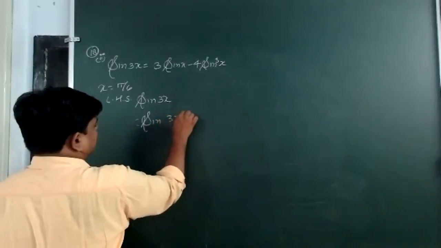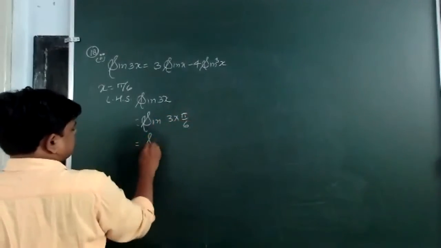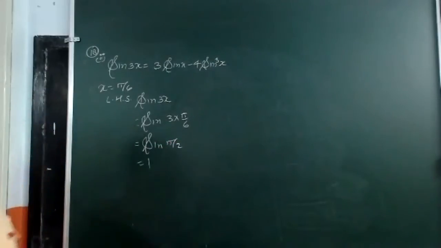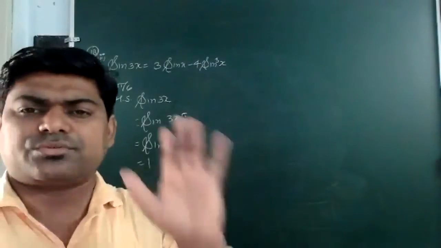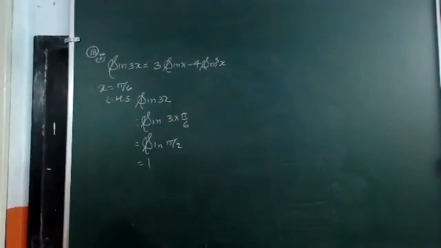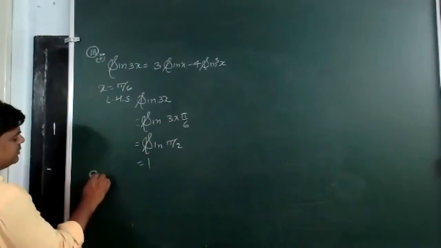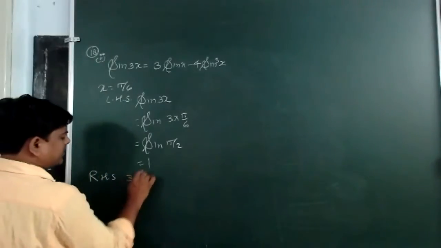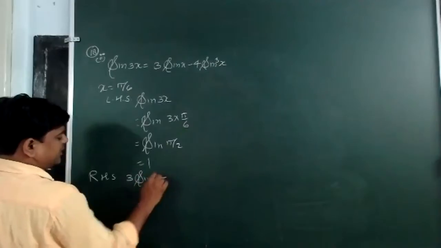It can be written as sin 3 into pi by 6. It is sin pi by 2, which is equal to 1. On the left hand side we have got 1. Move to the right hand side. In the right hand side, when I am taking x equal to pi by 6, the right hand side as given is 3 sin x minus